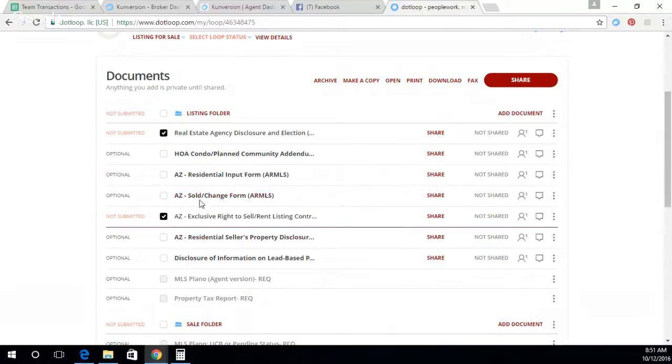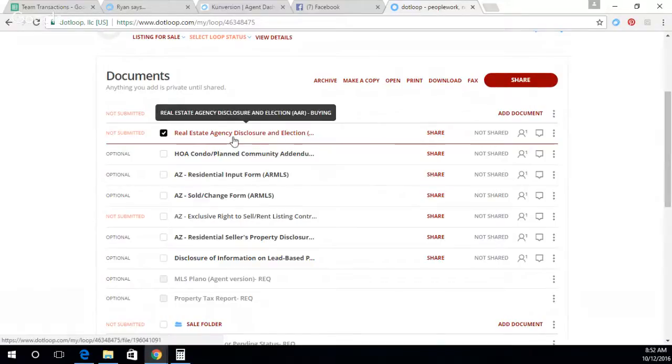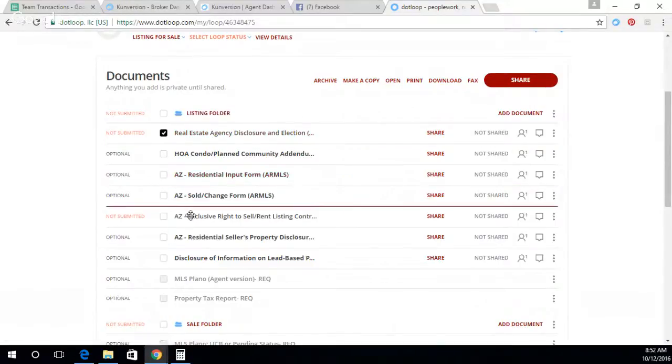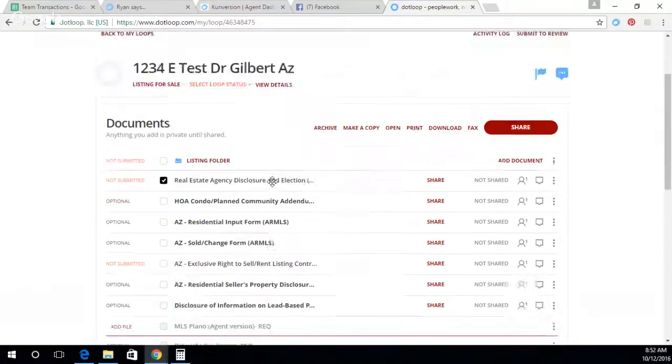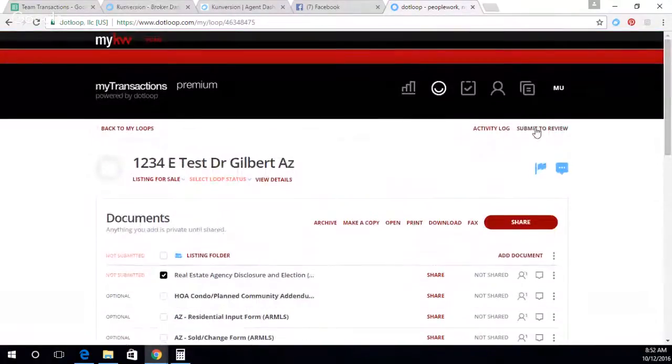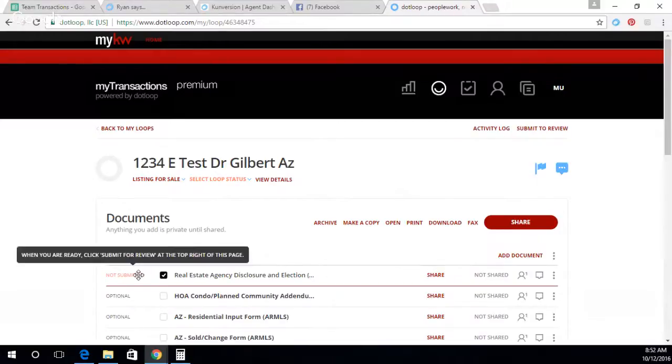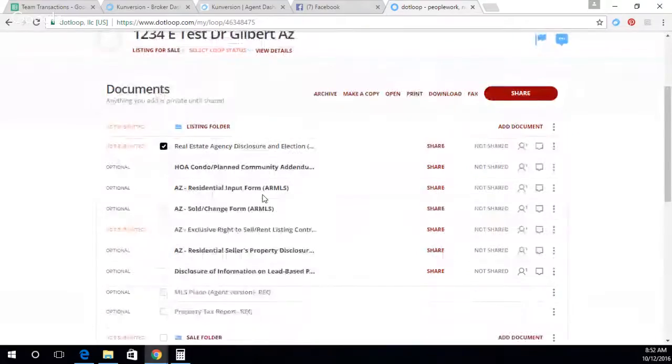Okay, so let's say it's just this document that you need to submit for review to the broker. We just check that document. We come up here to the top and we hit submit for review. Okay, that automatically goes to the broker. They'll review the file, they'll mark this complete, and then your file will be complete and you can get your